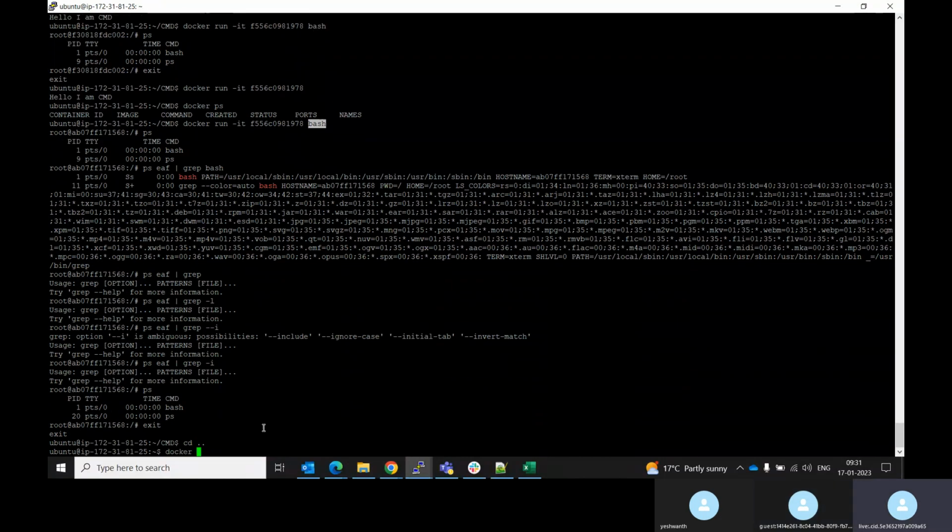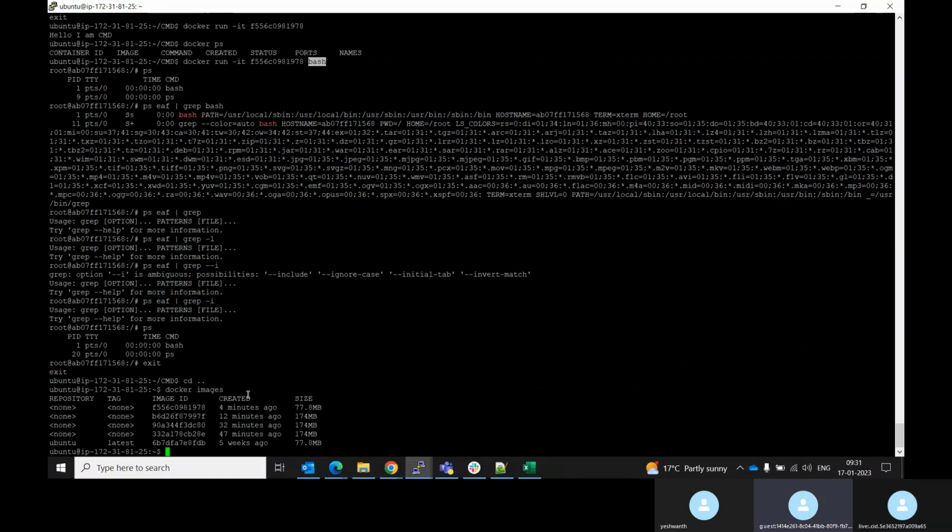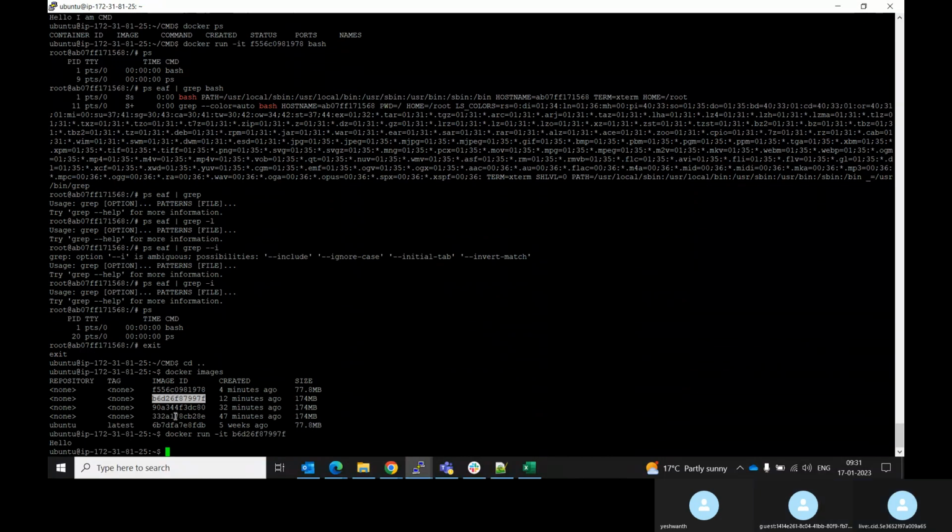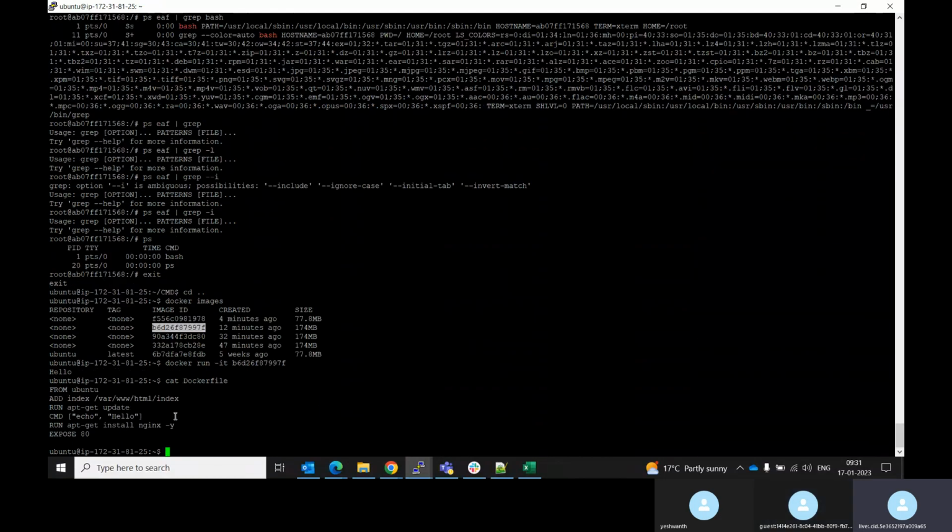and if you see docker images, this was the one which is having the command prompt right now. If I am running docker run -it, and if I'm running only that image, what was it printing? Hello. It was taking the CMD. If you are seeing the Dockerfile, here it was printing only up to here. It was not considering this one. Now, if I run this one,